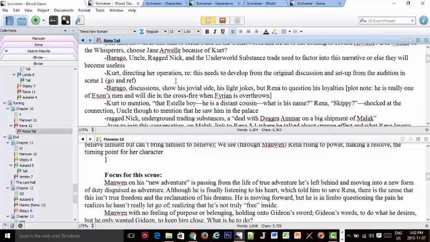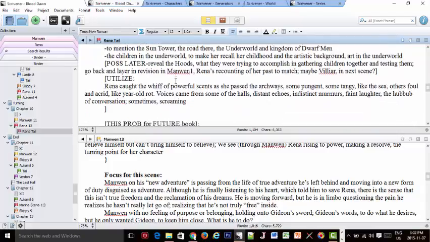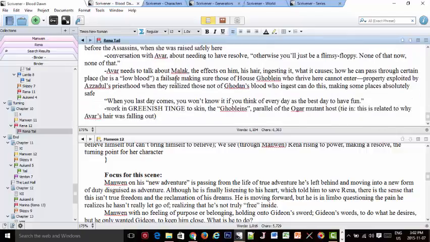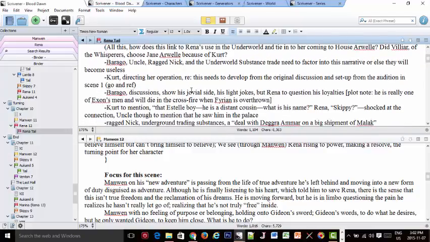The reason I have this open for Manwin is, as it stands, a lot of the notes for Rena don't really belong with Rena. They did at the time when I was plotting things out, but I've come to realize that a lot of the things I want to resolve and throw in to make sure the loose ends are tied up will fit elsewhere.